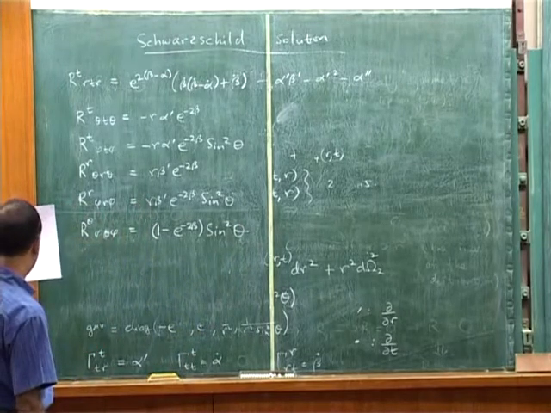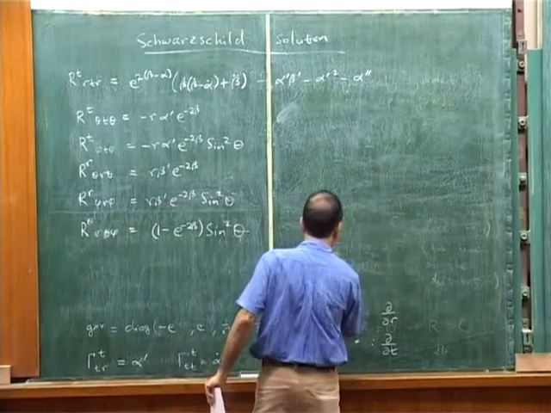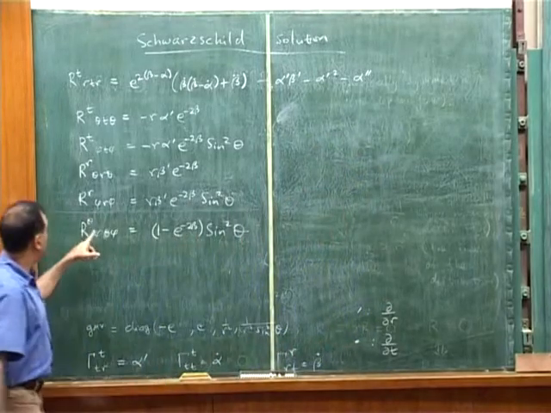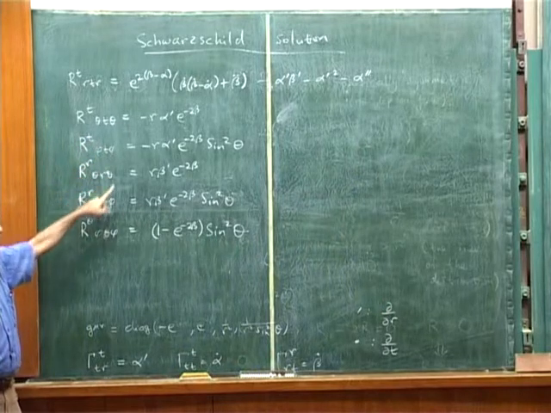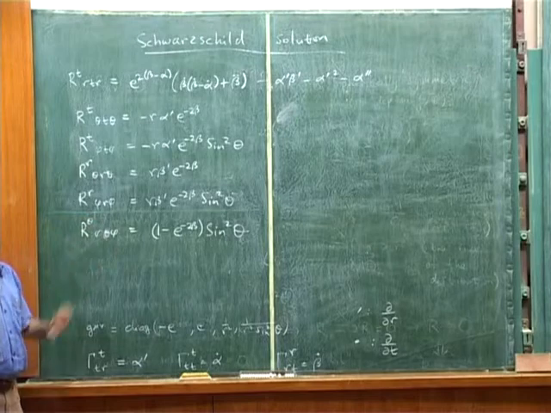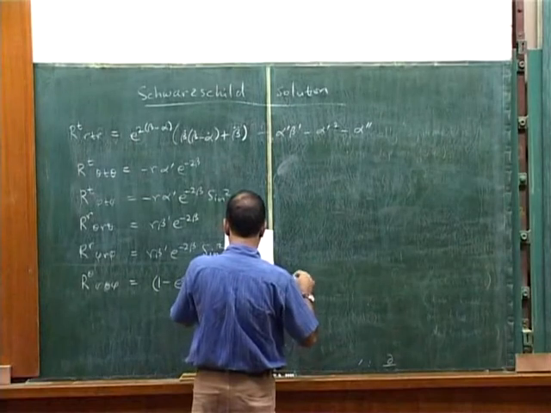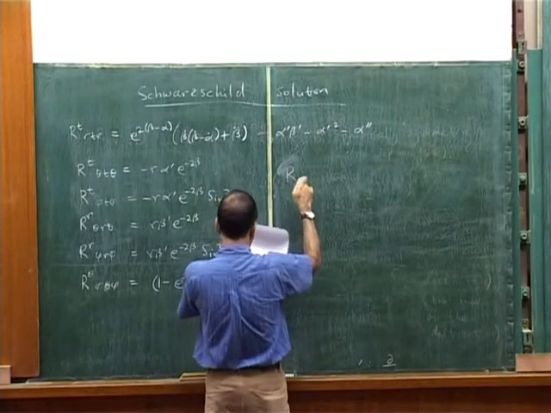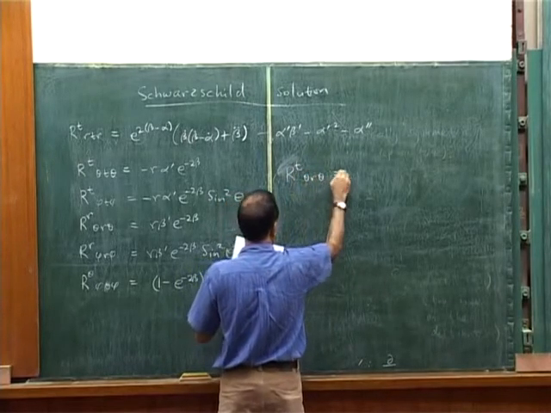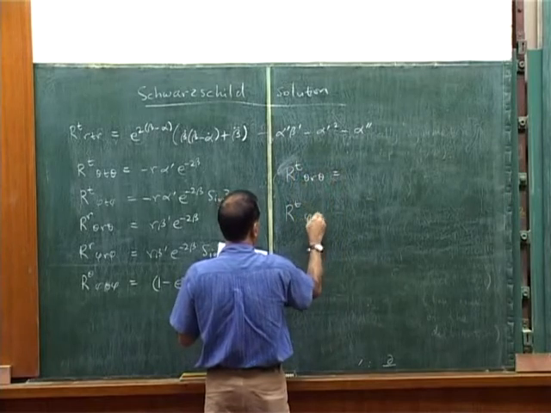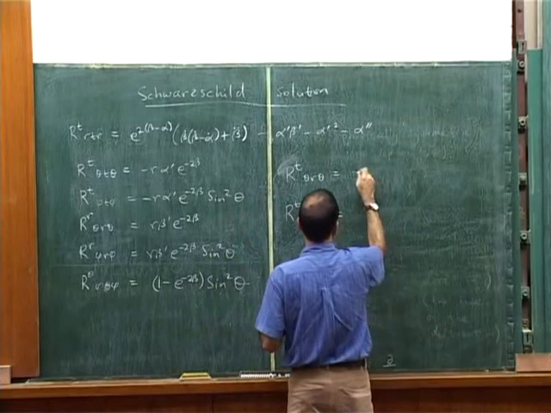There. Now we've got most of the R's, so let me just check. There are 5 of them I've written down. There are 2 more that slightly don't fit this pattern. In this pattern, you see that there are only 2 distinct indices in each of them. It's t and phi occurring twice each, or r and theta, r and phi, theta and phi. Okay. There are 2 more Riemann tensors that are not of this type, and they involve some mixture between t and r as well as the angles. So t theta r theta, and then t phi r phi. And again, no surprise, they are quite closely related to each other.